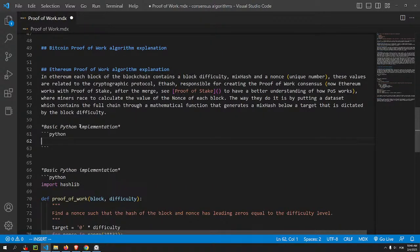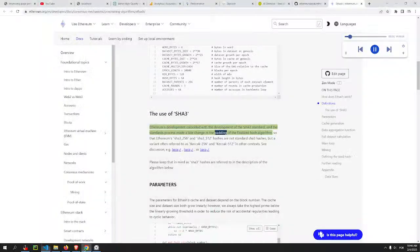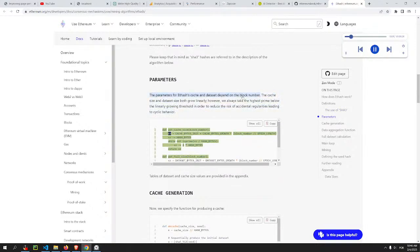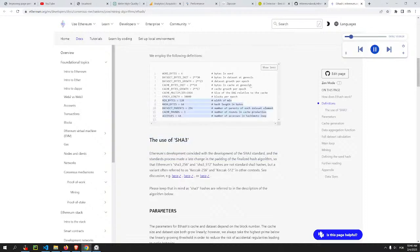Parameters. The parameters for Ethash's cache and dataset depend on the block number. The cache size and dataset size both grow linearly. However, we always take the highest prime below the linearly growing threshold in order to reduce the risk of accidental regularities leading to cyclic behavior. 1 def get_cache_size(block_number): 2 sz = CACHE_BYTES_INIT + CACHE_BYTES_GROWTH * (block_number // EPOCH_LENGTH) 3 sz -= HASH_BYTES 4 while not isprime(sz / HASH_BYTES)...